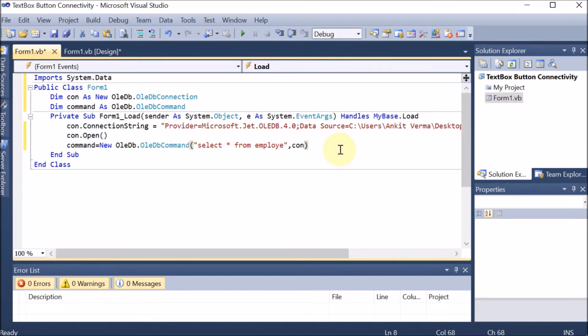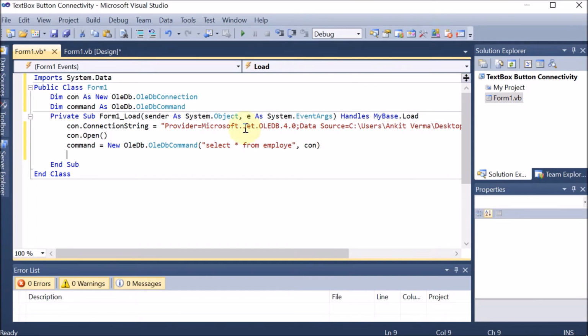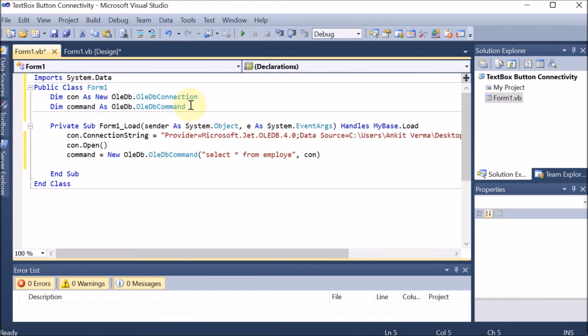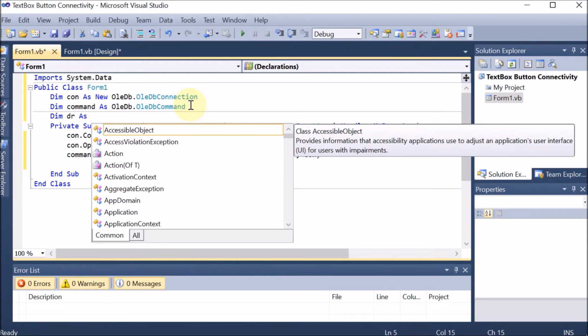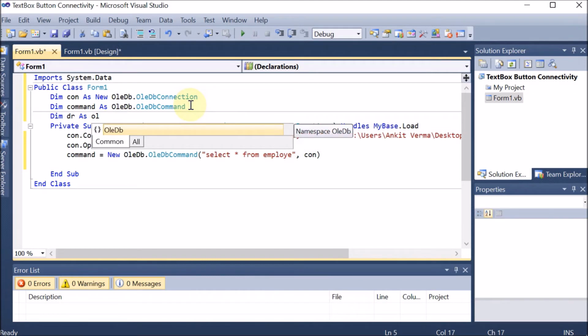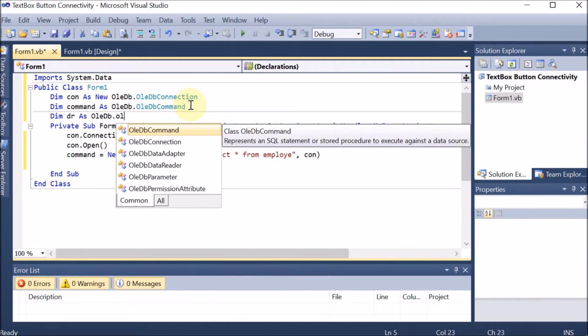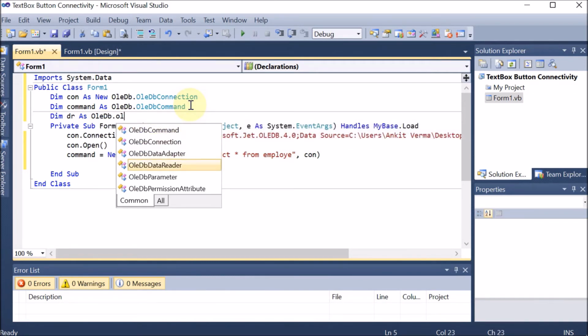Now afterward, we need somebody to read the database. So our third step is reading, and for reading we need the data reader. We make an object, dim dr as OLEDB dot OLEDB data reader, because the database we are using is MS Access, which is part of OLEDB.